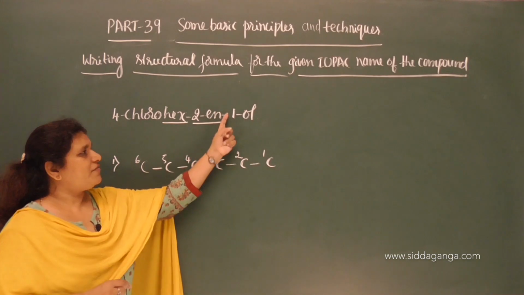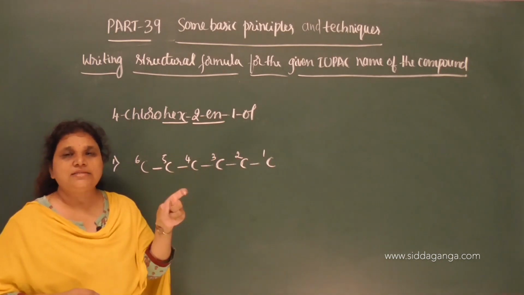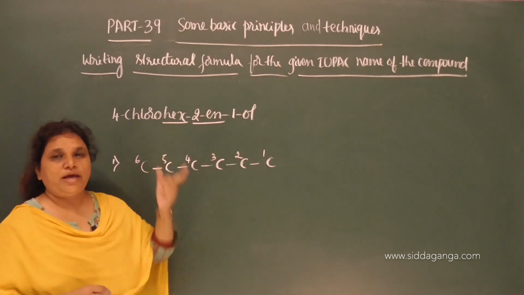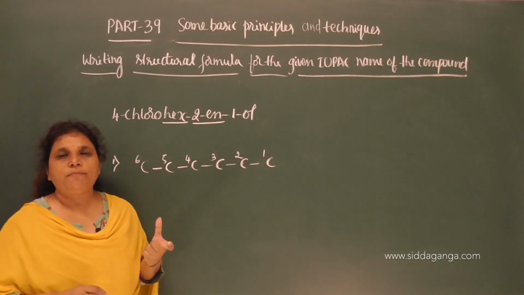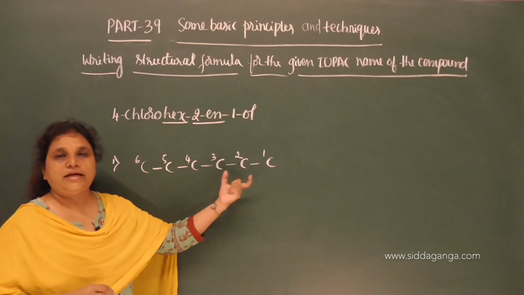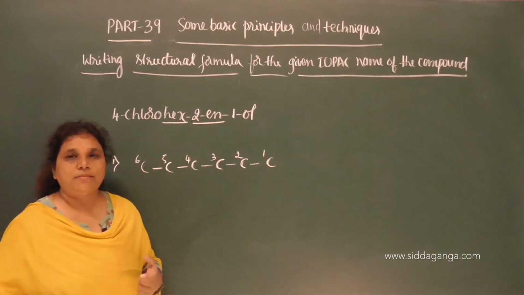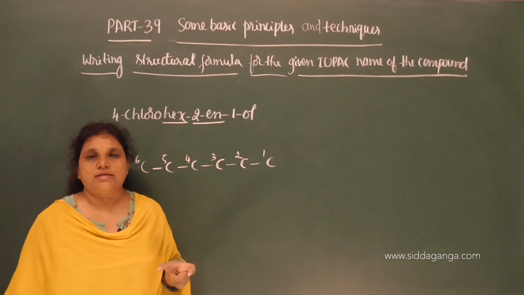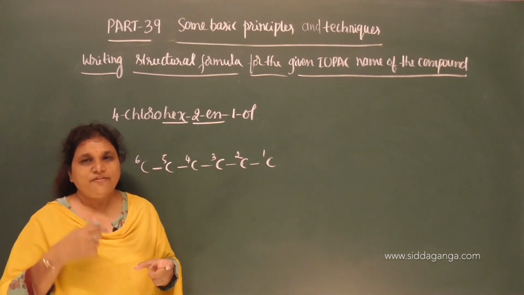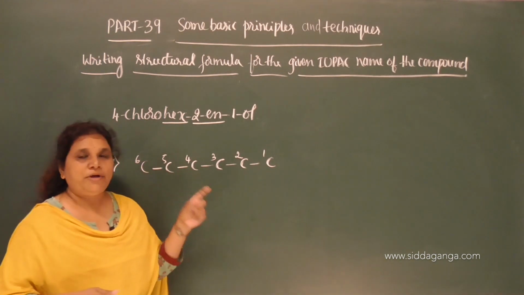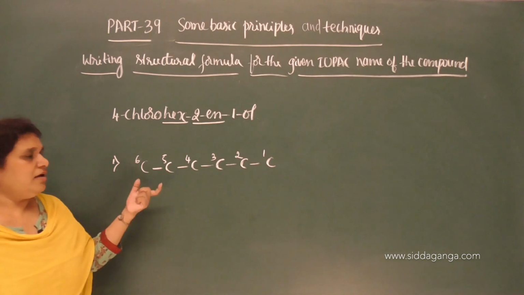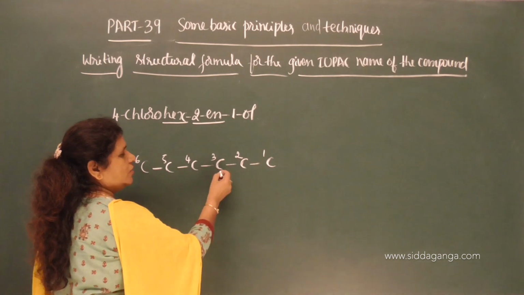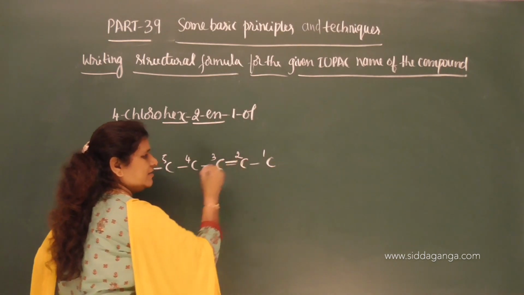Now on the basis of this primary suffix, place the double bond or triple bond depending on the suffix. We need to place the multiple bonds on the appropriate carbon atoms in the selected carbon chain. So after writing the carbon skeleton on the basis of the root word, the second step is to place the double or triple bond, if it is present in a compound, on a particular carbon atom in the given carbon chain. So on the basis of this 2-ene, we need to place the double bond between the second and third carbon.